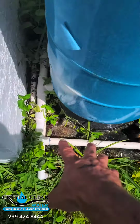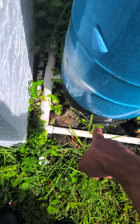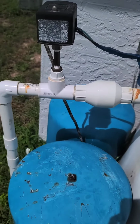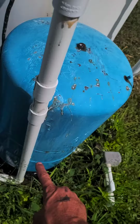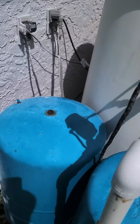First thing I noticed is you have a leak here. The bottom of this pressure tank is leaking, and it's causing water to go everywhere. When the water kicks on, the reason why it's busted is because the switch is so far away from the tank. It's more than 4 feet in piping. So when you hear the pump turn on,